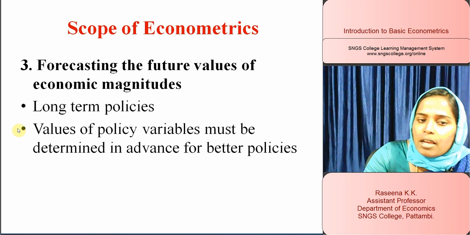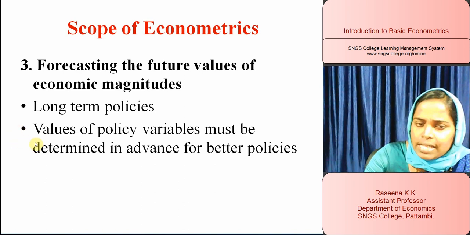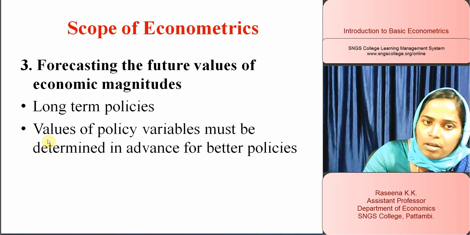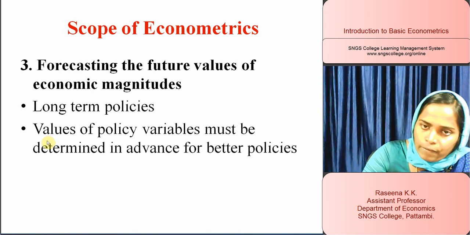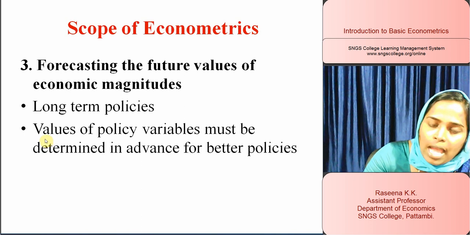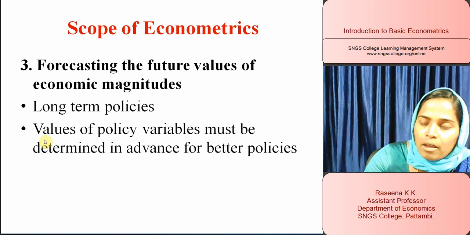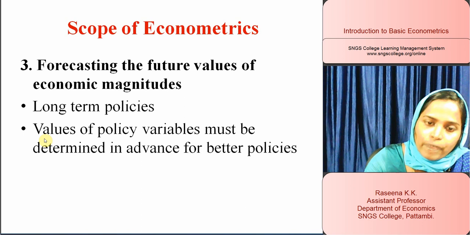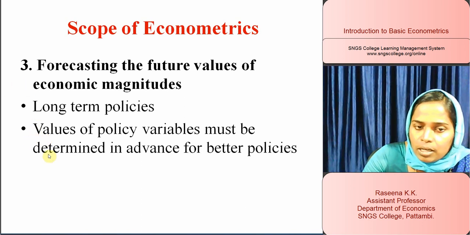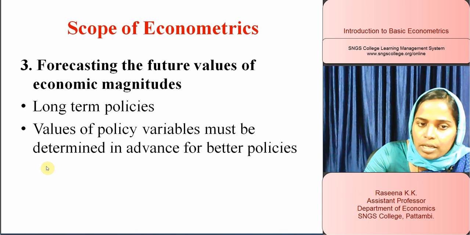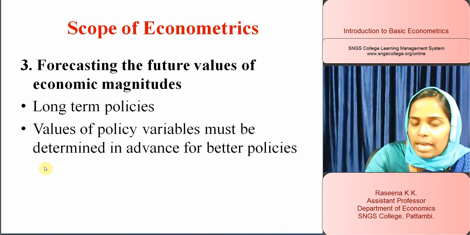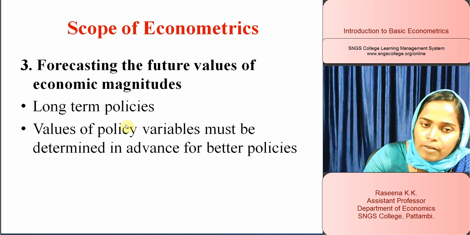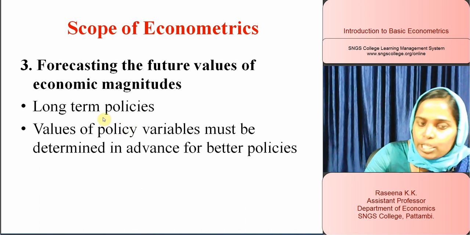In forecasting, what we are doing is, suppose for example, we have the magnitudes of poverty for the last so many years with us, and we are introducing a poverty alleviation program, and we are fixing a target that after 10 years our poverty must be reduced to 5%. How this long term goal can be attained by using this poverty alleviation program is based on the values of the magnitudes. The variables that determine our poverty are taken into consideration,